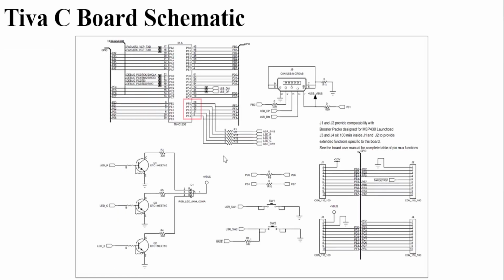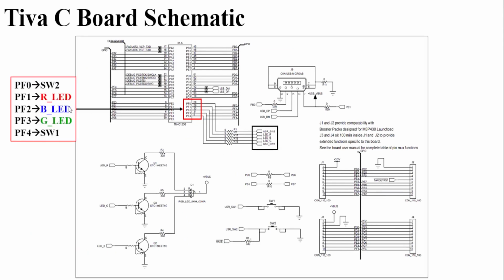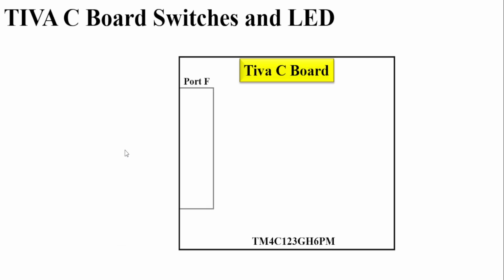Now, if we check the schematic, we can find that switch number 1 is connected to PF4, that is port F's fourth pin. Switch number 2 is connected to PF0, port F's 0th pin. PF1 is connected to the red LED, PF2 is connected to the blue LED, PF3 is connected to the green LED. Now, how to configure the